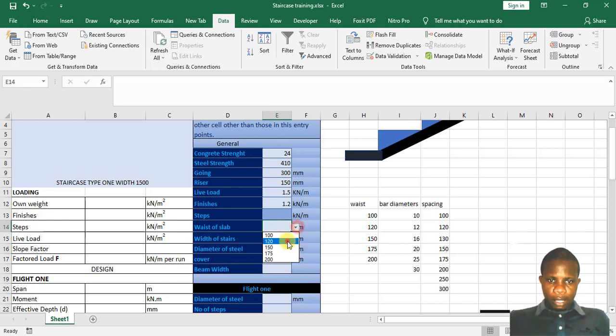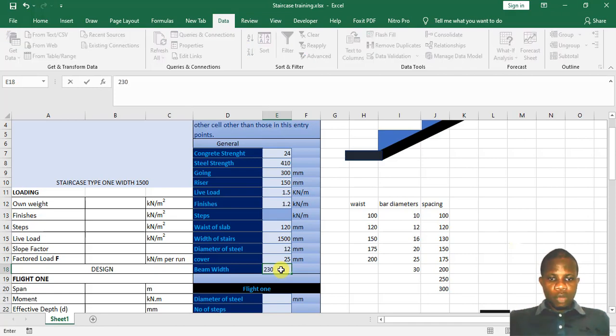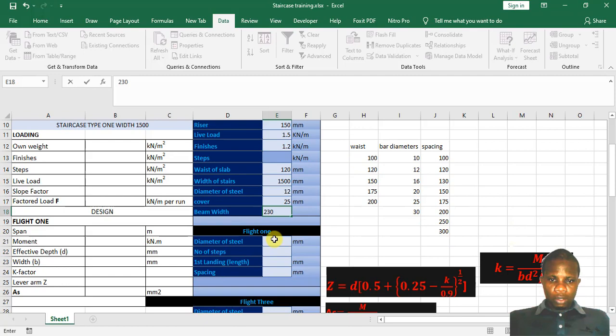Here the waist we can select, let's say 120, and the cover we can put 25, depending on the level of what fire resistance you want to provide for the building. That will go in line with the slab cover. The beam width is 230, and okay, now the diameter of steel for flight 1, we have, this is flight